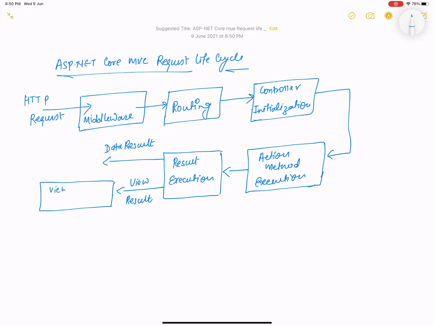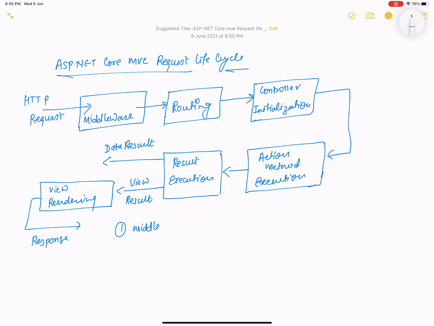So data result and view result depend on the queries. So view rendering on the basis of the HTTP request, and finally the client gets a response. So this is the final architecture of the ASP.NET Core MVC request lifecycle.